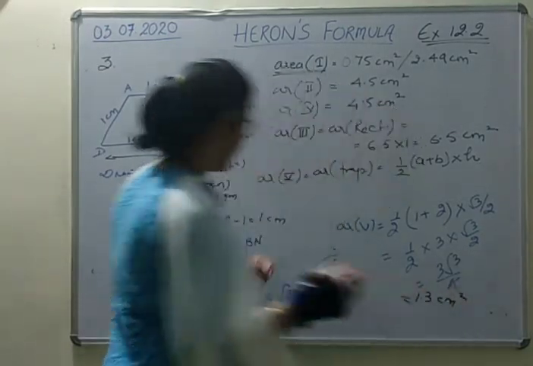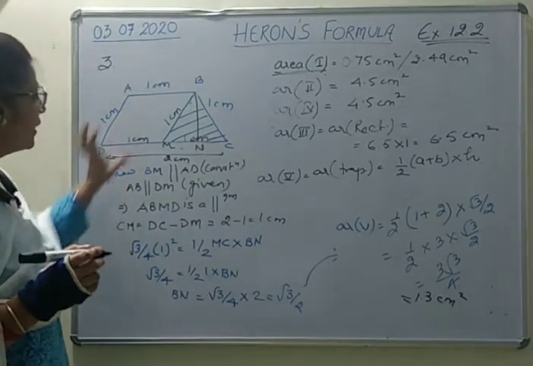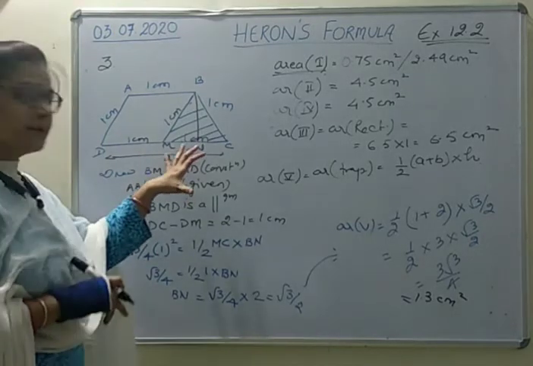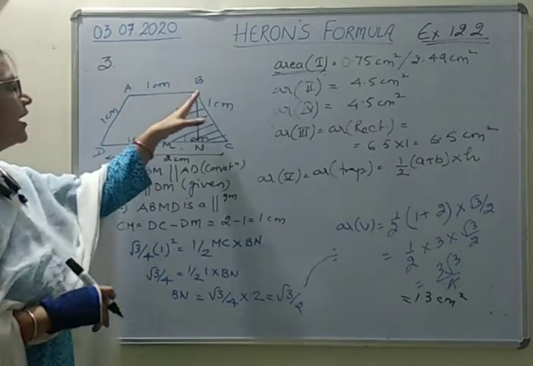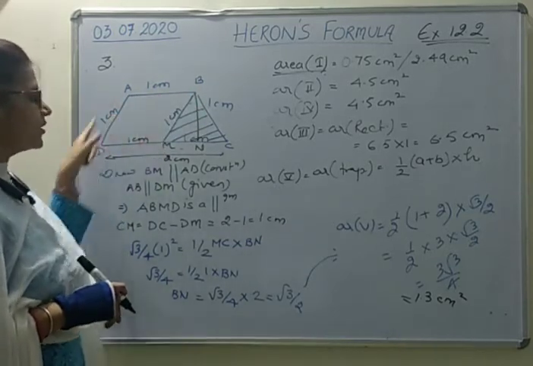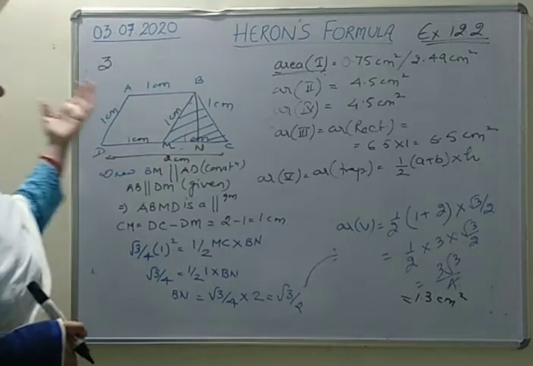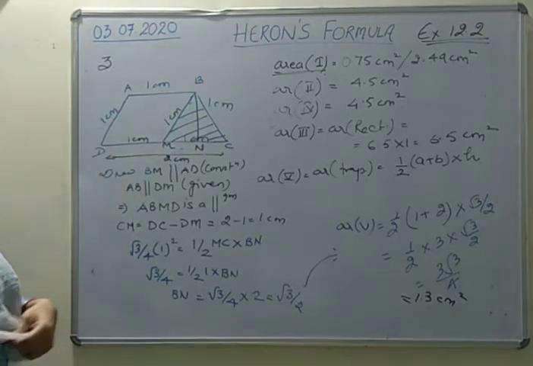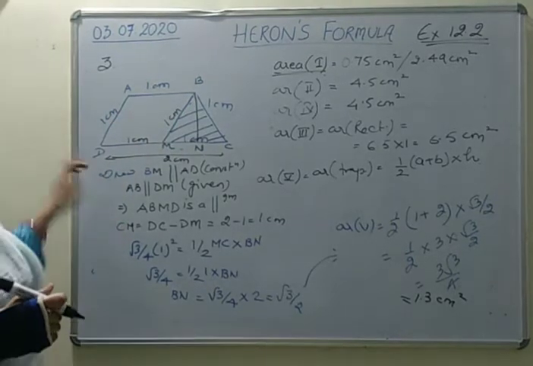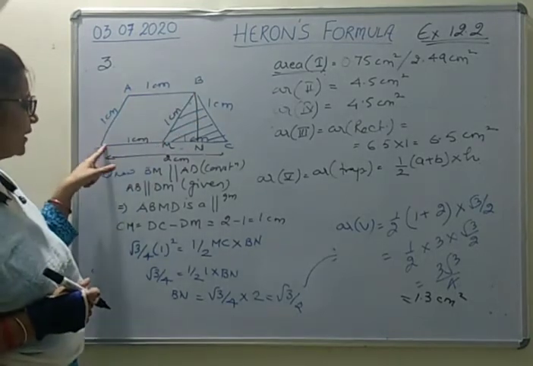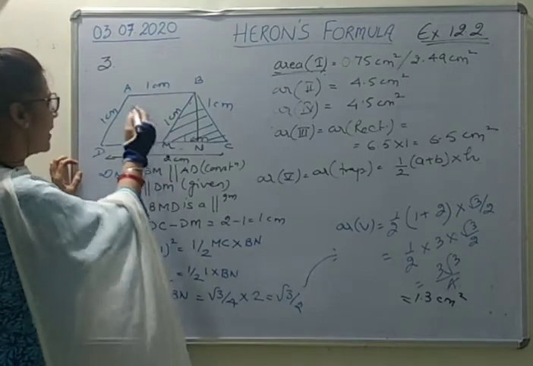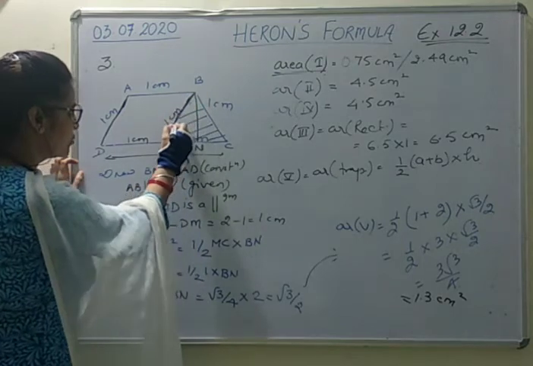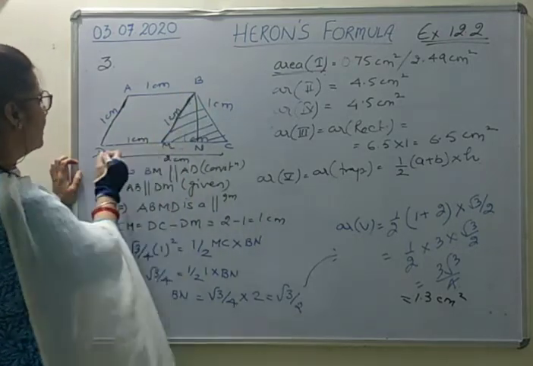1.3 सेंटीमीटर स्क्वायर। एक बार यहाँ से फिर से समझ लो। देखो मैंने क्या किया, what we actually want is the height of the trapezium. अब हाइट ऑफ द ट्रेपीजियम ऐसे तो निकलेगा नहीं, तो what we have done, we have constructed BM parallel to AD. ठीक है, ये क्वेश्चन सेपरेटली भी पूछा जा सकता है, जरूरी नहीं कि पूरा फिगर कंबाइन करके बिल्कुल सेम टू सेम क्वेश्चन पूछा जाए। So you have to understand each and every thing. तो हमने क्या बनाया, BM parallel to AD. Now once we are plotting this BM parallel to AD, जैसे ही हमने इन दोनों को पैरेलल बनाया, तो what we will get, this ABMD